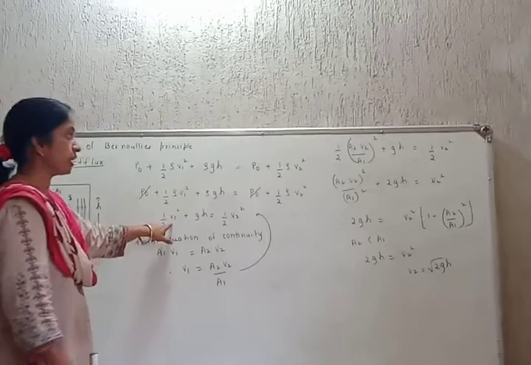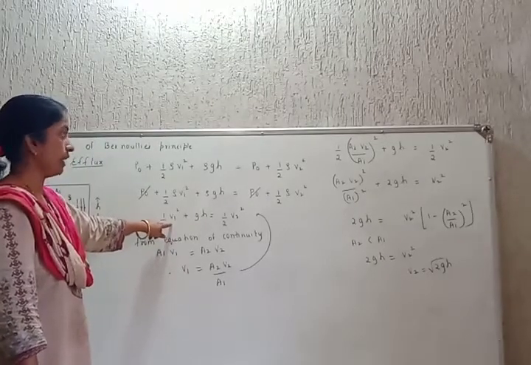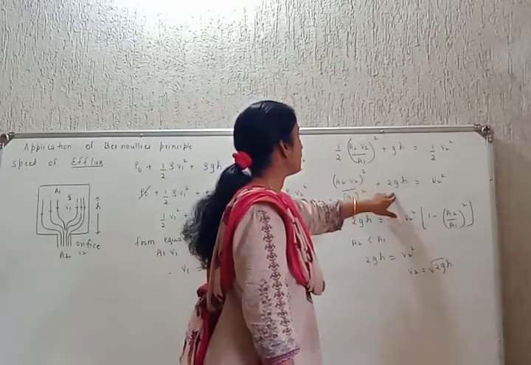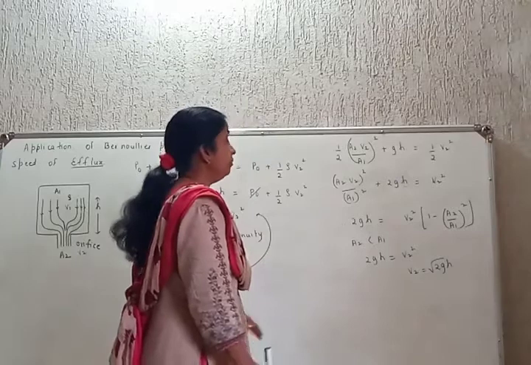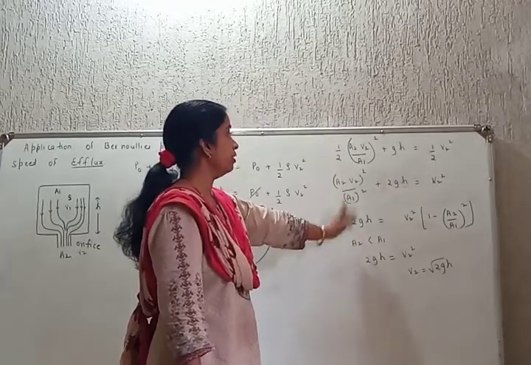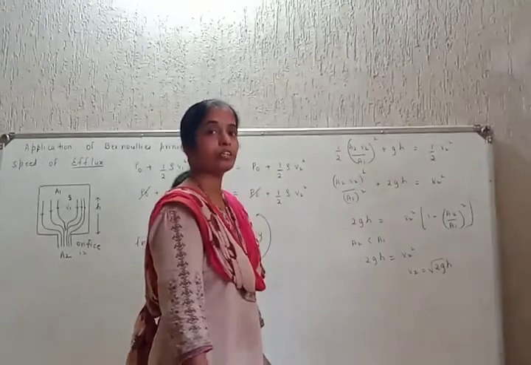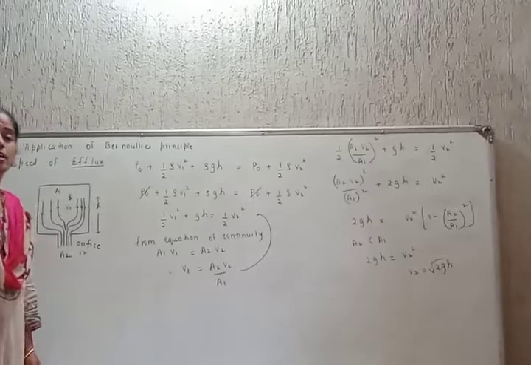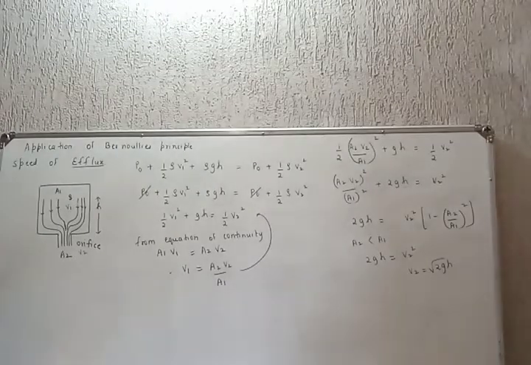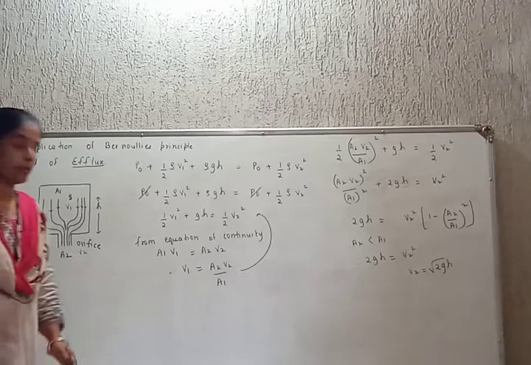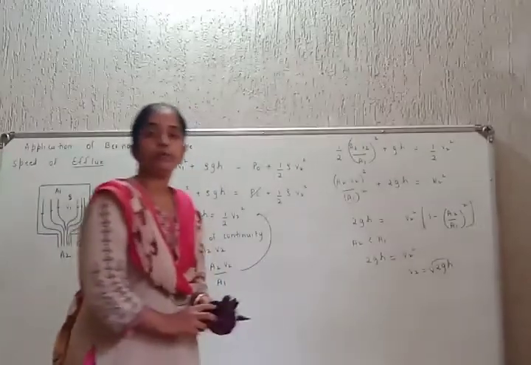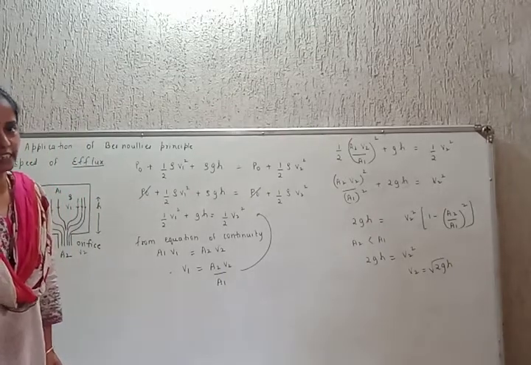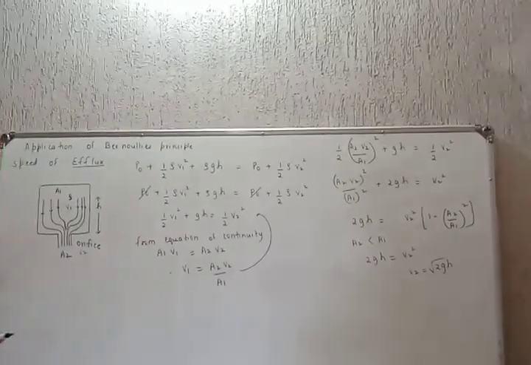How? इथं substitute करा. A2 V2 upon A1 घालायचं, A2 V2 square upon A1 the whole square, multiply throughout by 2, हाँ, shifted there. A2 upon A1 quantity is negligible as A2 is much less than A1 and we get V2 is equal to under root 2GH which is the speed of a freely falling body. म्हणजे सांगायचं एकच, speed of efflux through an orifice is equal to the speed of a freely falling body. That's it. ठीक है? We'll go to the next part, students.